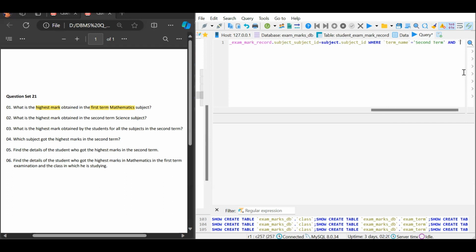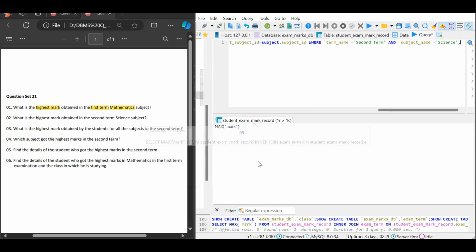Inside again the curly bracket mark, we check the subject name equals to, inside the quotation marks, science, and then at last a semicolon, and then let's execute this query. So here we can see the highest mark obtained in the second term for science subject is 95,